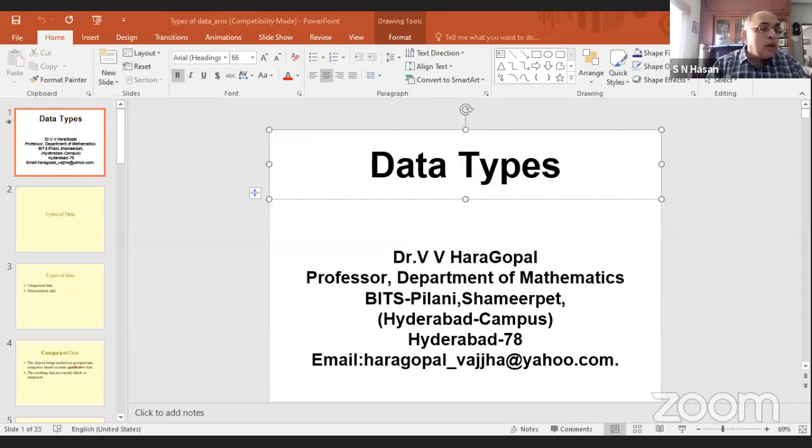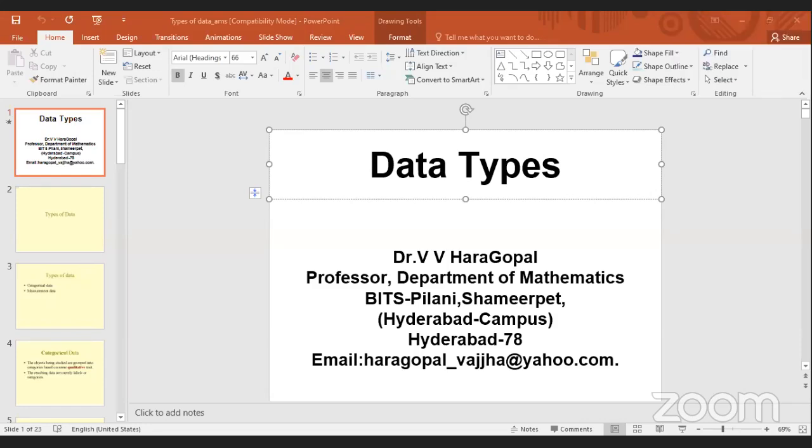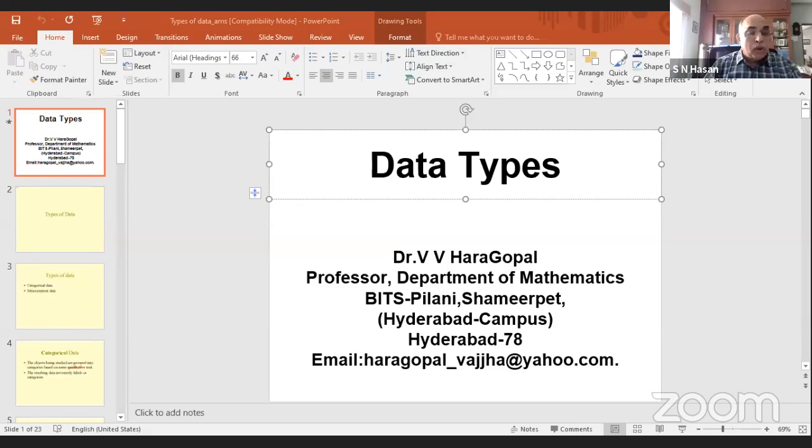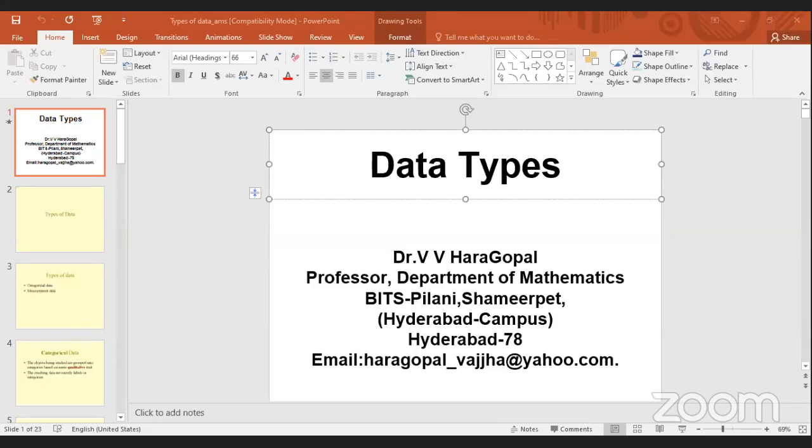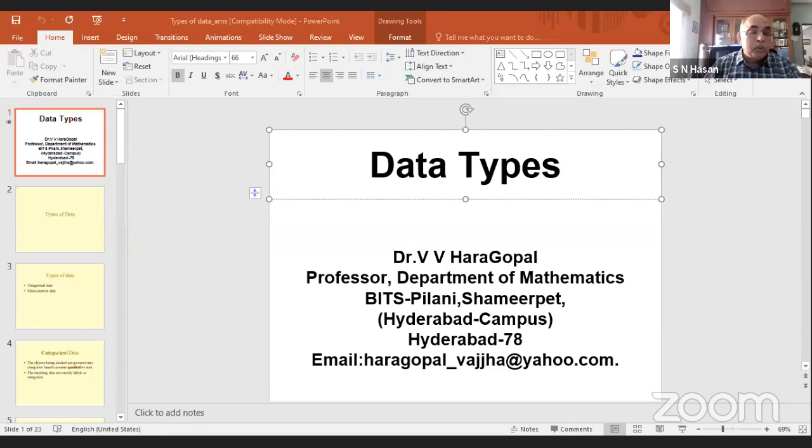Professor Hargopal is a former head of Department of Statistics, Osmania University, Hyderabad. He has been the chairman, board of studies in statistics for 3 terms. He is the former director of Center of Quantitative Methods, Osmania University. He is the former coordinator of UGC DRS SAP 1 and SAP 2 and instrumental in getting 1 crore to the department. Professor Hargopal got his PhD from Osmania University, and he holds membership in various scientific institutions, in